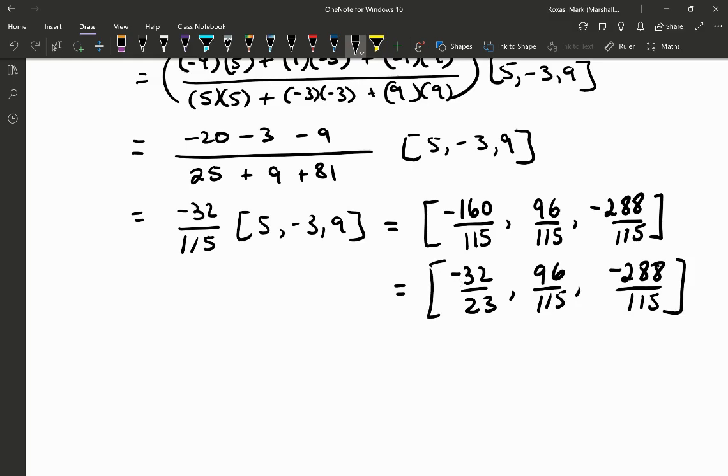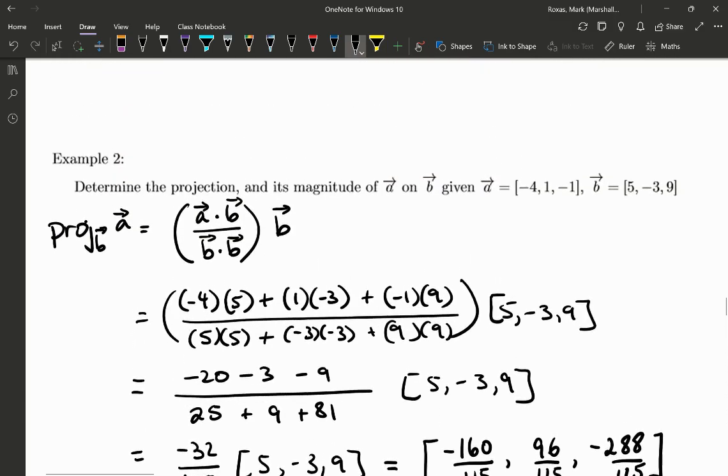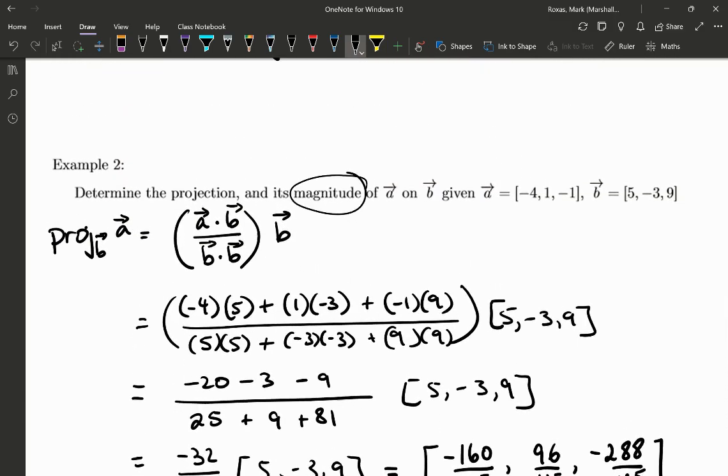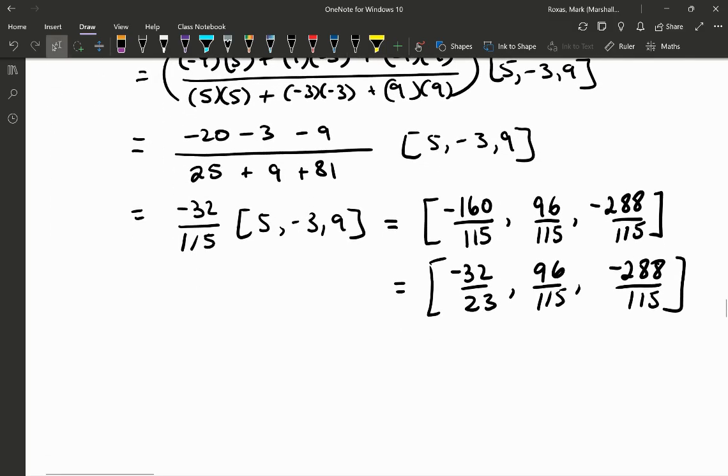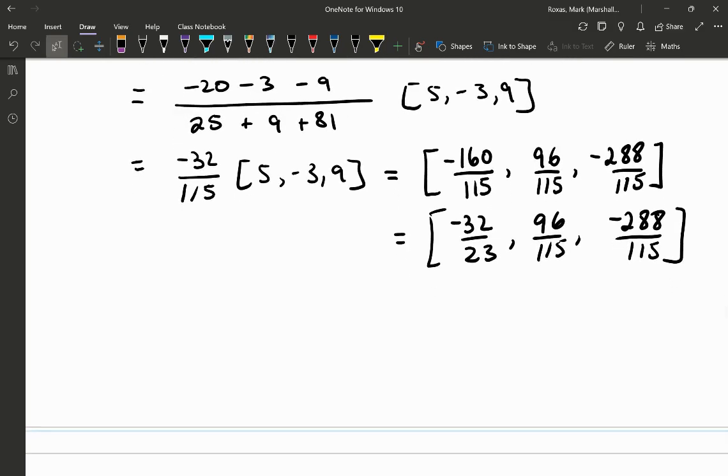And then I do want the magnitude, so determine the projection and its magnitude. So we have the projected vector here. Okay, so this is the vector that acts along the direction of b. And that vector, I want to find the magnitude. So the magnitude of the projection